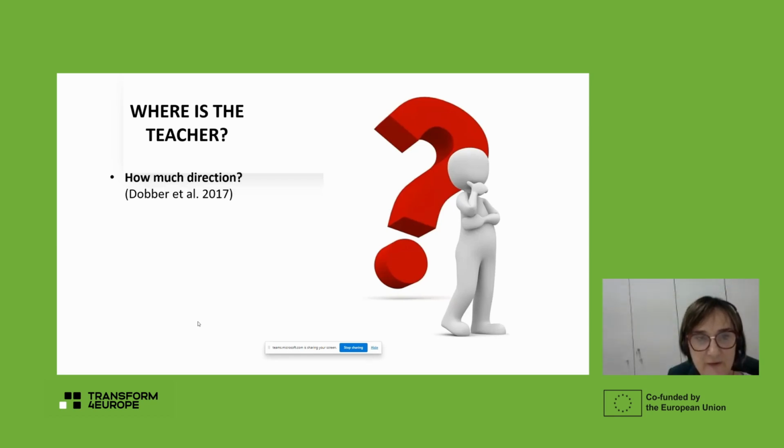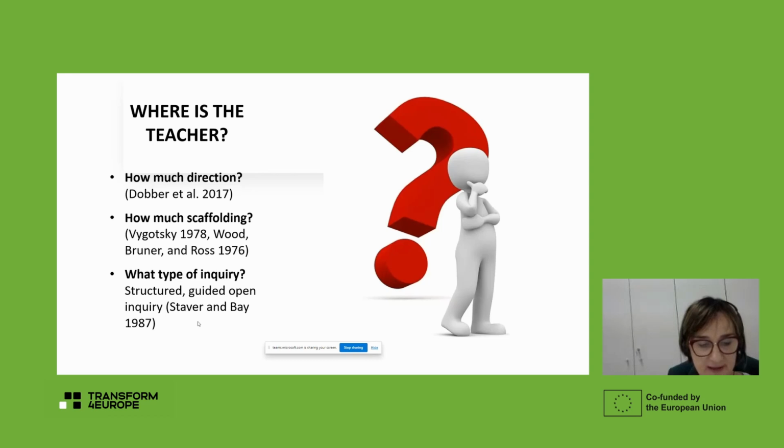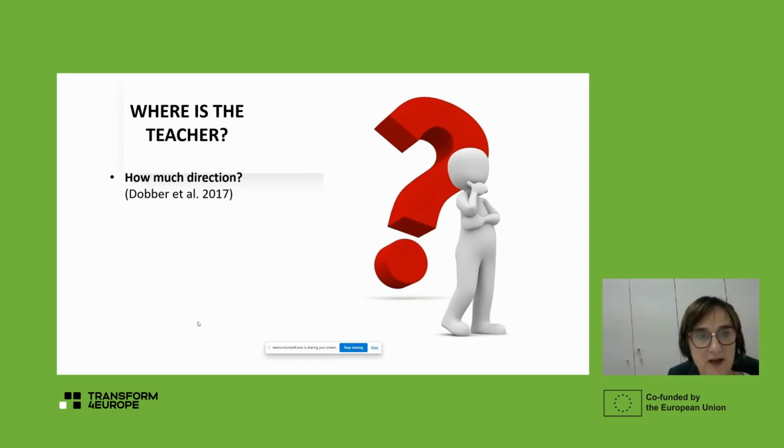There are three important questions to answer, and I'm going to start with the first one. First of all, the teacher, of course, we can say is a facilitator. I think this is clear from the beginning. Inquiry-based learning requires a facilitator as a teacher. We mentioned this before, but the word facilitator comes from the Latin word facilitare, so make something easy. In other words, we help students by directing and supporting them.